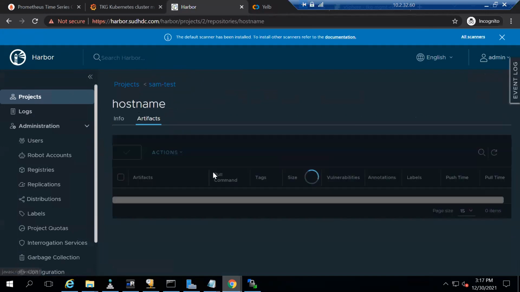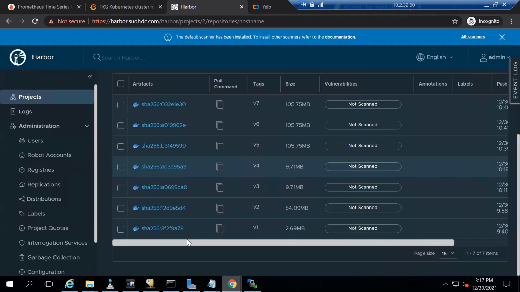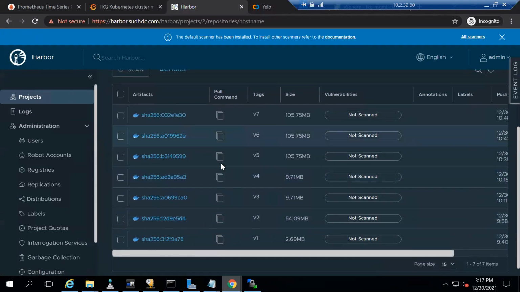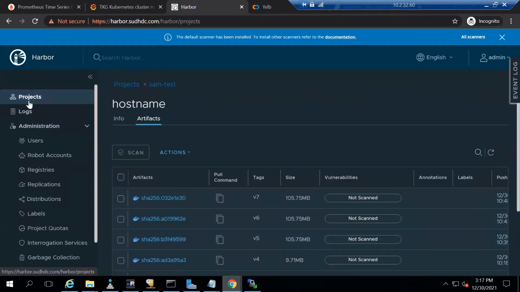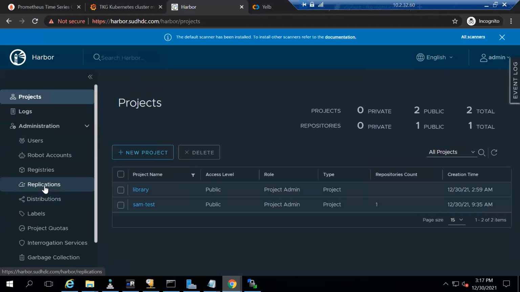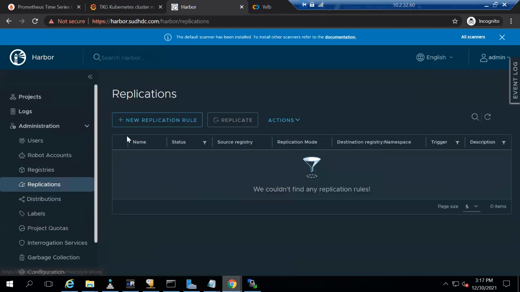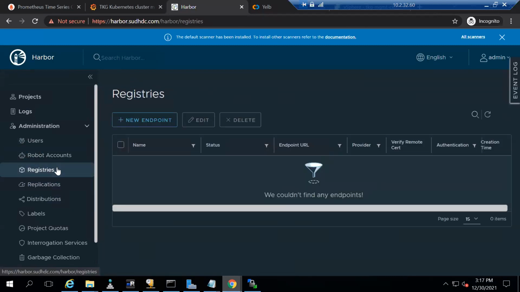And whenever they're making any changes to their code, they will be creating a new image, and that would be created as multiple versions. This also gives you many more options, like you can create replications. For example, if you have an existing repository or multiple sites and you want to share your registries, you will have options to replicate it across the sites, or you want to pull from some other registry which is already available in your environment, you can also do that.